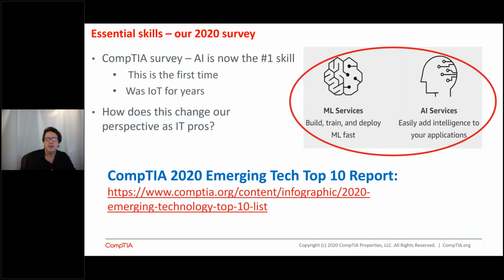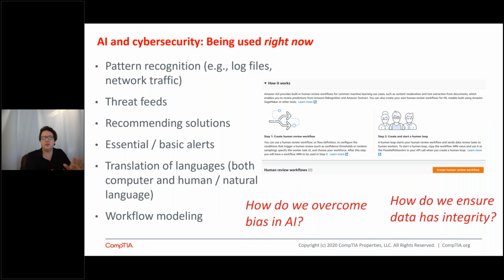Very important concept. So we're seeing that artificial intelligence is the number one skill for the first time that is being used and expected more and more. And it's being used for pattern recognition. AI is really good at identifying patterns. It's faster and better than we are. It's not great at independent thought yet. That's our job. But when it comes to reading log files or network traffic as an IT worker, or identifying patterns in traffic generated by visitors. If you work for Amazon, you're doing a lot of work, for example, in identifying patterns of users so that you can sell them more stuff via Amazon, the Prime or whatever.